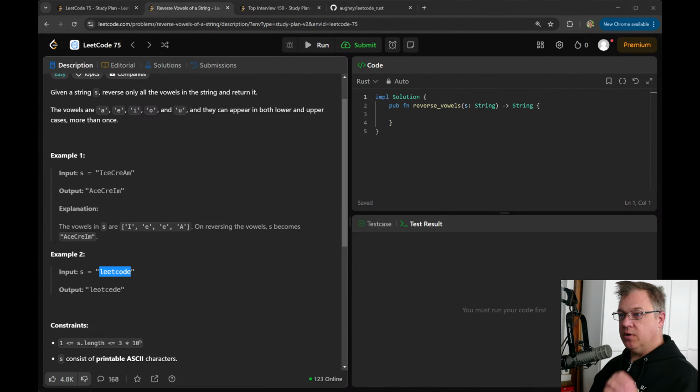Really happy with this. So what are we doing? We have our version. Is any character in this iterator of guaranteed lowercase characters a vowel?